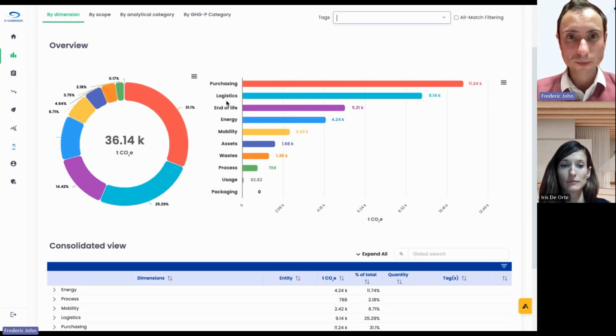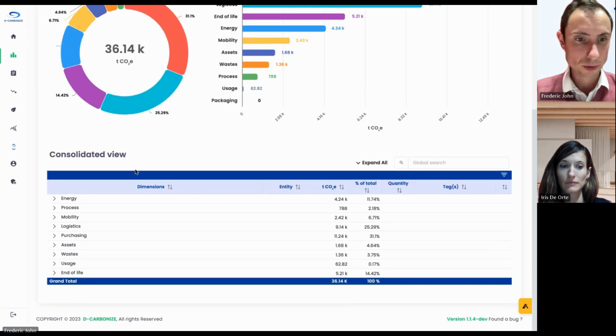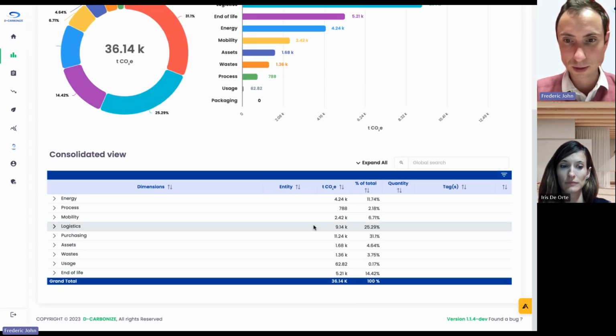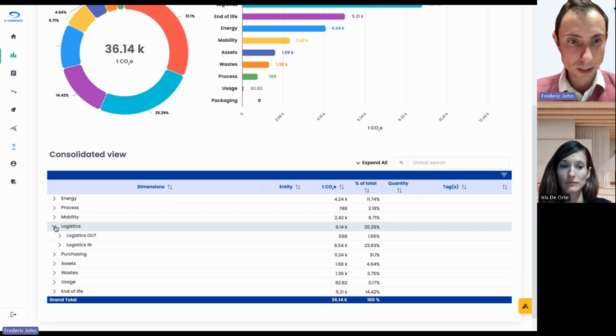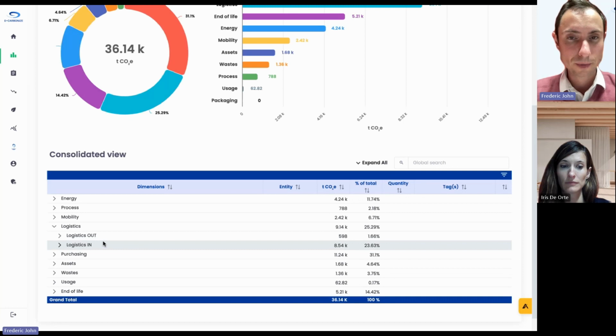In the table below, I will see here, for example, well, logistics seems to be a lot of emissions. So if I go below and track for logistics, indeed, 25% of my CO2 emissions. If I click below, I have 2 categories here. And these ones are very, very important for us because these are what we call